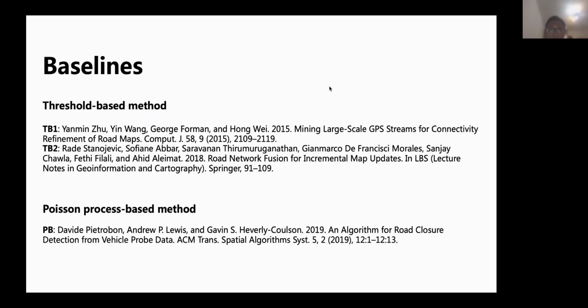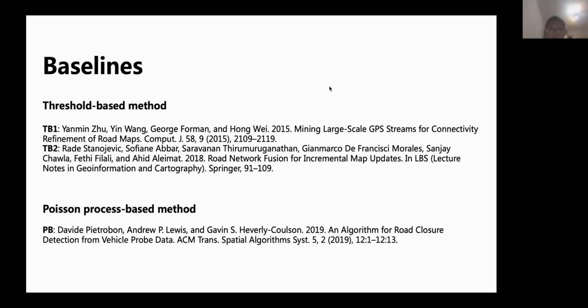To evaluate our method, we compare with three approaches to verify the effectiveness and efficiency. TB1 aggregates roads with a node degree less than 3 into a road set and determines the road closure based on the changes in the ratio of the road flow rate to the road set flow rate. TB2 introduces the definition of betweenness centrality to indicate the importance of roads in the cold start phase and determines the closure based on the time interval of the vehicle passing through the road. PB is the statistical based method to determine road closure by establishing a Poisson process and running a p-value test